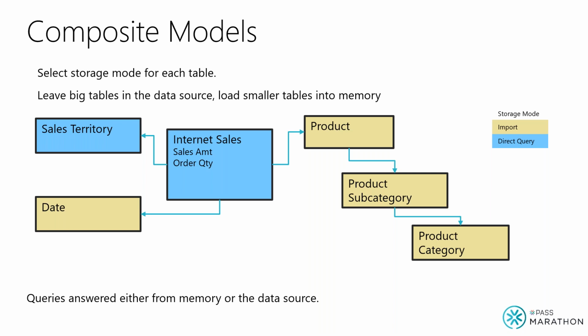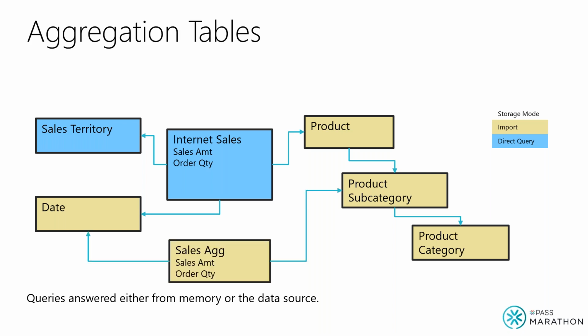Okay, now let's see what happens with aggregation tables. So I'm going to bring in now an aggregation table. So let's say that we have a summary table or an aggregation table that has summarized data by date and product subcategory. So it's at a higher grain and it's smaller now. And I want to bring this query and leave this into memory. So this is great because now the aggregation table can sit in memory and the detail table can sit back in the backend database. Basically, this is a good design pattern for using aggregation tables.